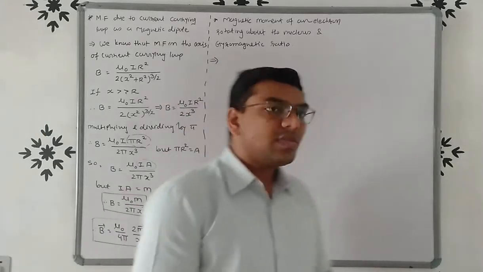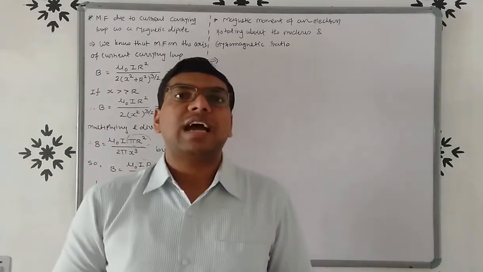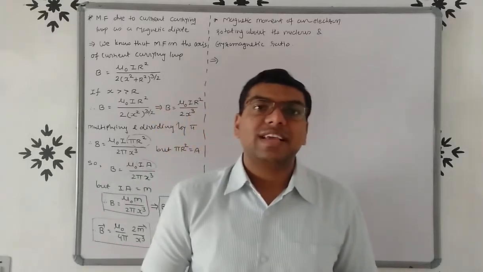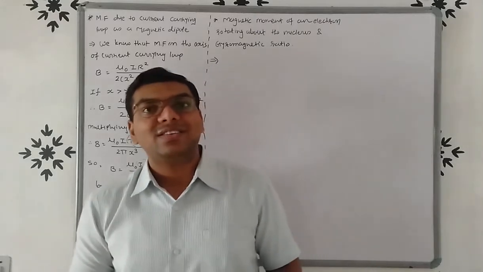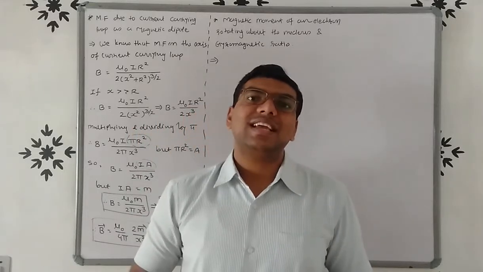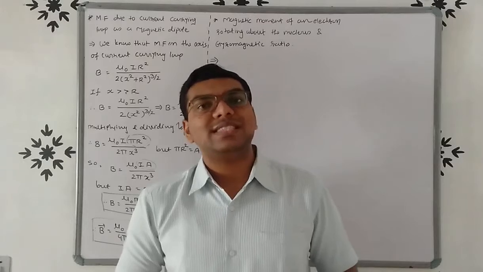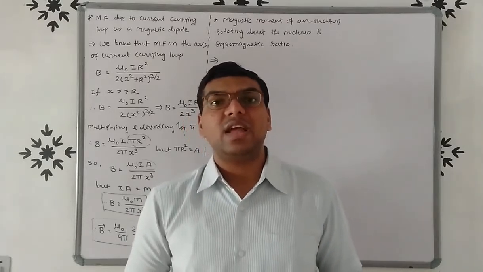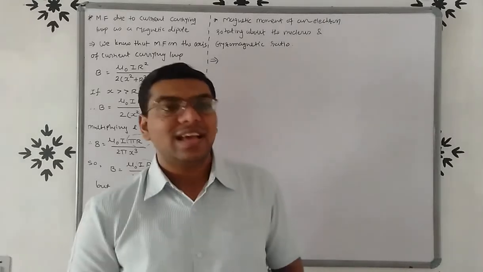And friends, in the last lecture we derived the equation of torque. Tau is equal to vector M cross vector B, or we can say tau is equal to MB sin theta. So for the magnetic field, torque tau is equal to MB sin theta. And friends, in chapter number 1 for the electric field, tau is equal to pE sin theta, right? So there is also a similarity in the equation of torque in the electric field and the magnetic field, right?